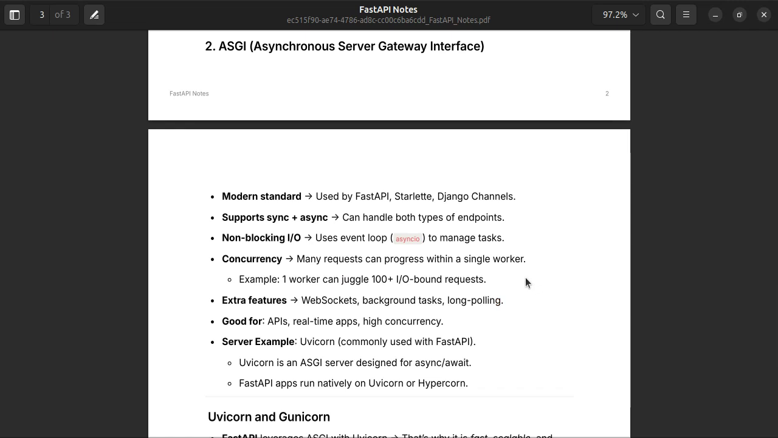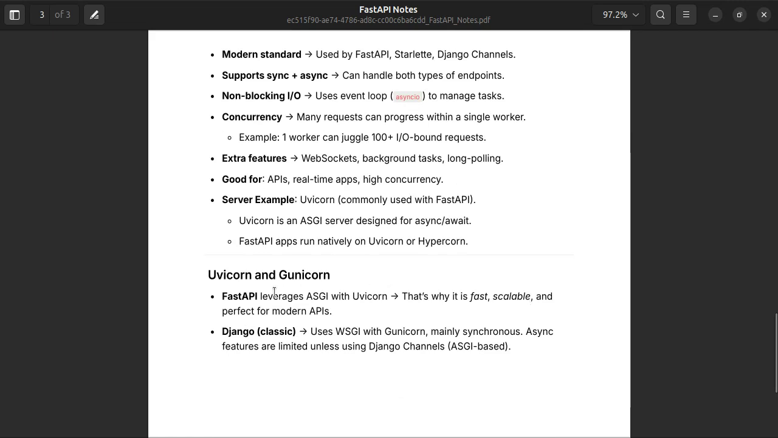If a request is in an await situation, like it is waiting for some output to come, or it is waiting for some IO operation to happen, then in that scenario the worker will jump to another task and perform that as well, and come back to the previous one after the await has been completed. So this is the main difference between ASGI and WSGI. And since FastAPI uses Uvicorn along with ASGI, it is considered asynchronous, well supported, and fast. FastAPI leverages ASGI with Uvicorn, and Django uses WSGI